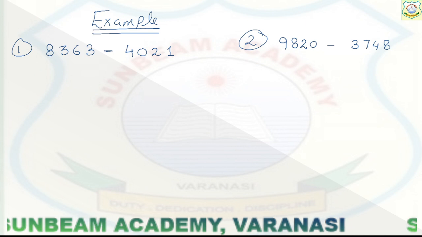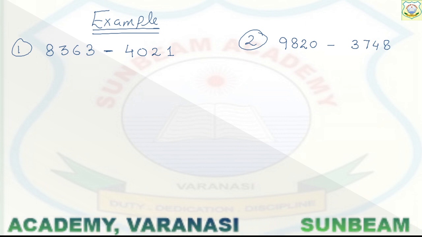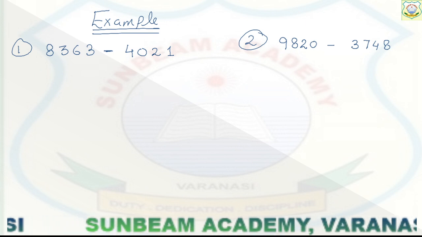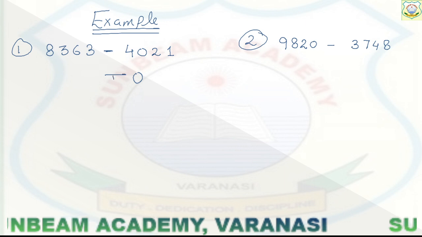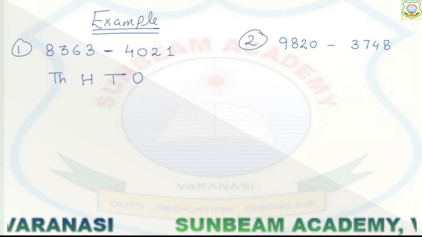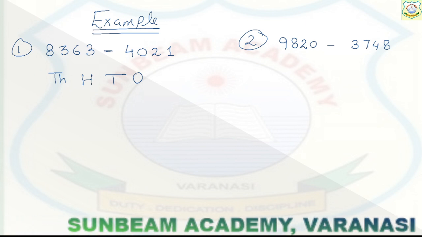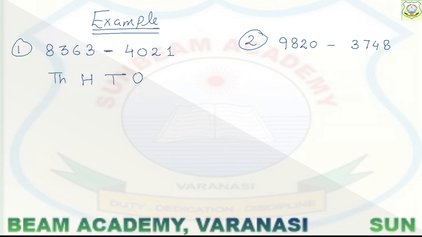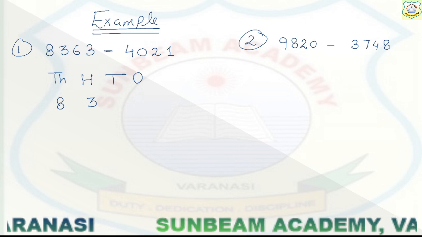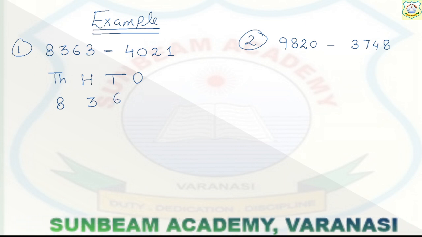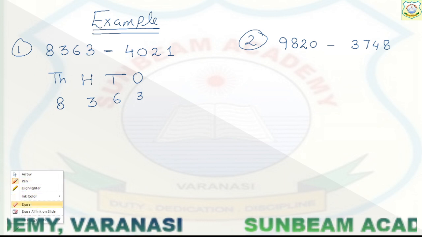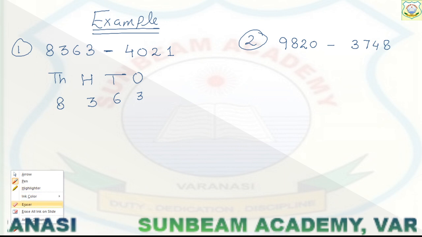So now what to do? We have to subtract it. So first, how will we write it? First we will write ones, then tens, then 100, then 1000. But you don't have to write it down in your notebook, beta. No need to write it. Okay. So first we will write here 8000. 3 is the 100 place, 6 is the tens place. Or else no need to do it like this. I'm telling you how to copy down.